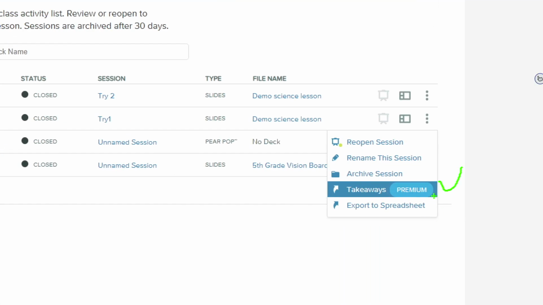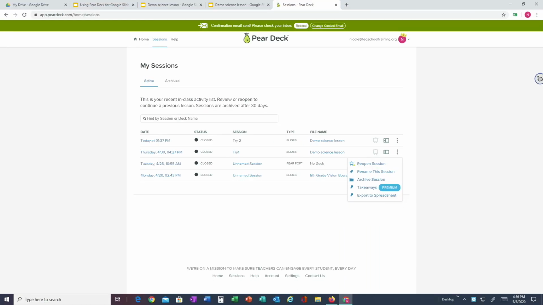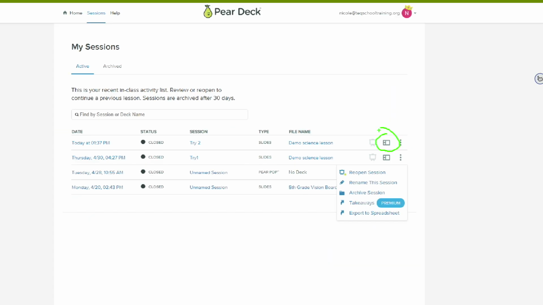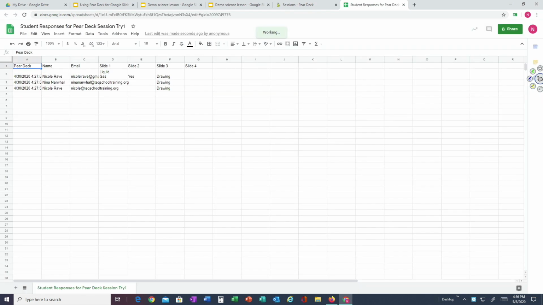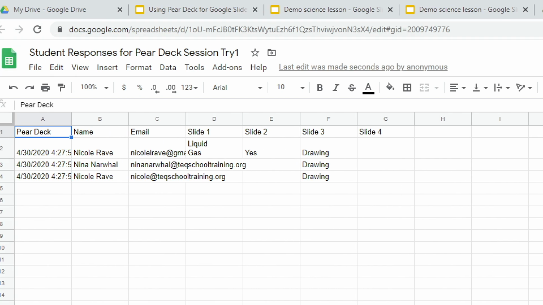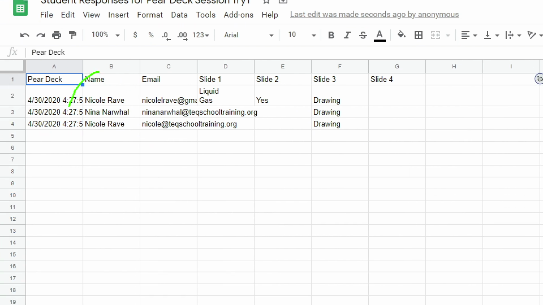I have the option to export that spreadsheet. Or if I click on this little kind of square icon view here, that's going to be my teacher dashboard view. So I'm going to go ahead and click on that. And I'm going to click on Export to Spreadsheet. And you're going to see that it will open up a Google Sheets spreadsheet. And it says all of the students, their name, their email, and then any response that they had for